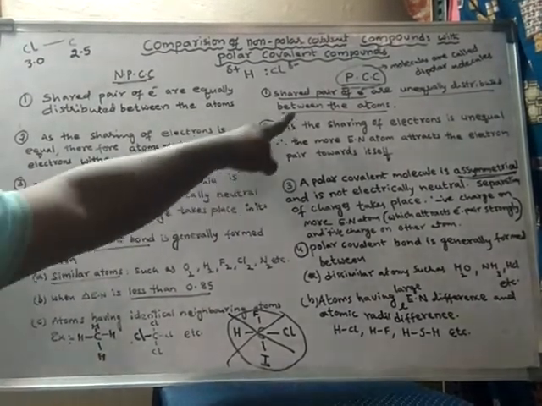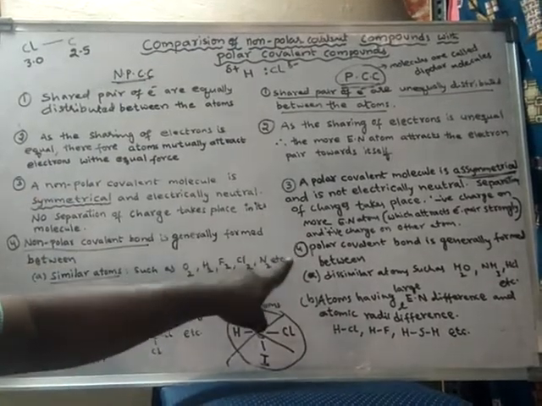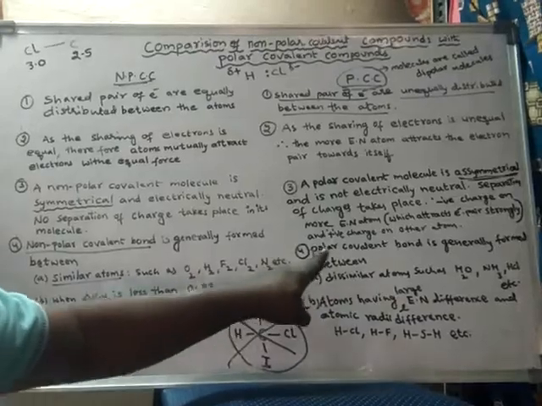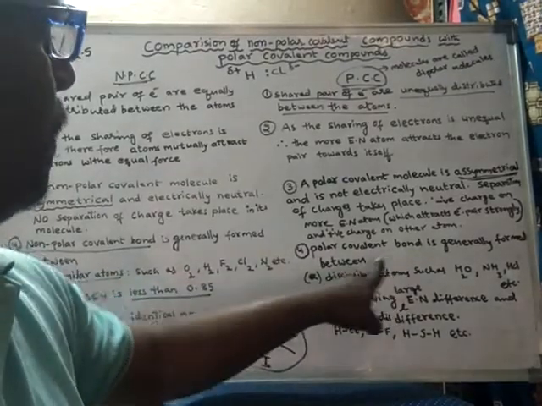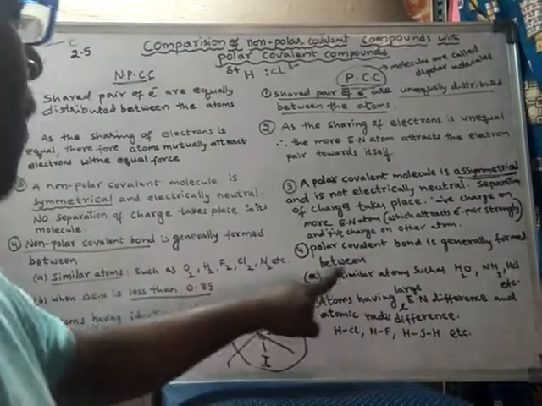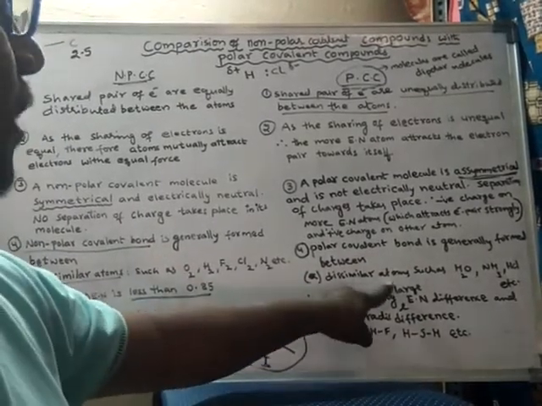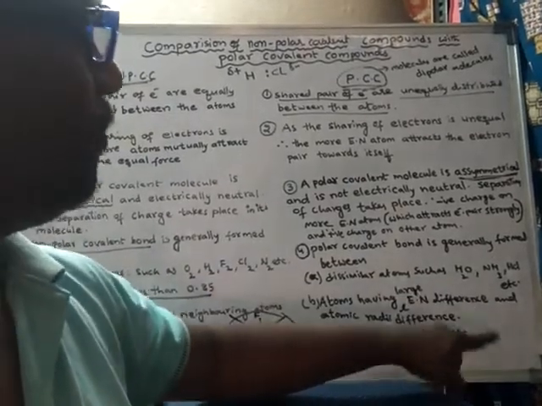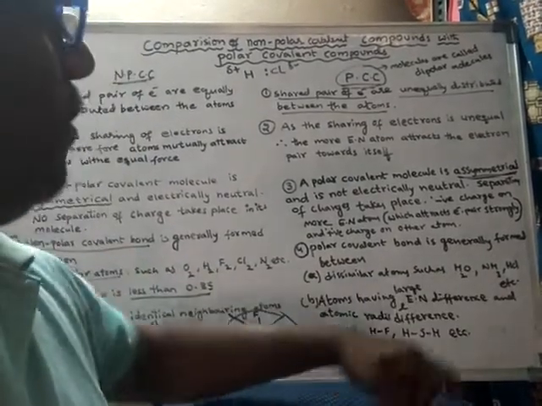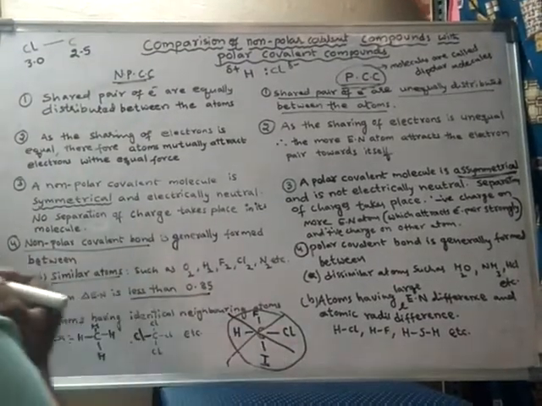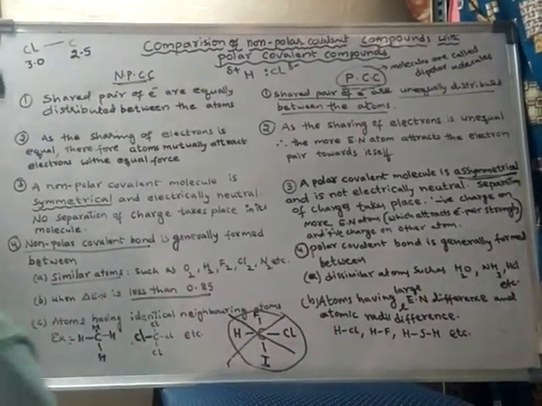Now, if we see polar covalent bond, see polar covalent compounds. In polar covalent compounds, a polar covalent bond is generally formed between dissimilar atoms such as hydrogen and oxygen, nitrogen and hydrogen, HCl, etc. So, if I take an example,